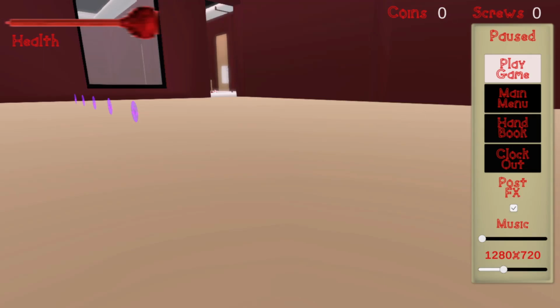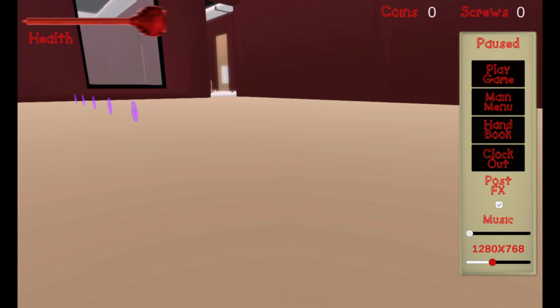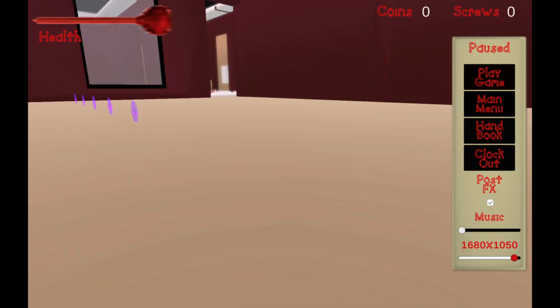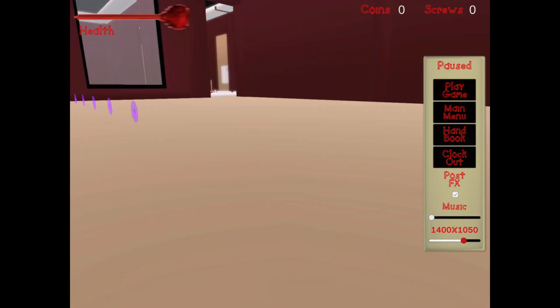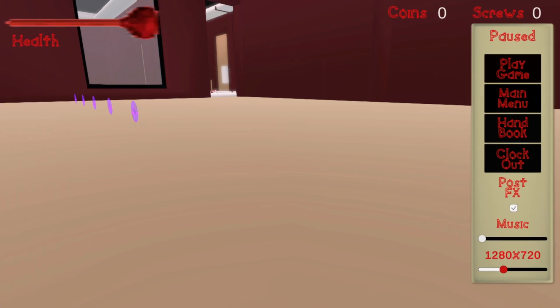Today I'm going to go over with you one vital setting in your menu for any PC game. Can you guess what it is? Post-processing? What about the music? Let's see. Screen resolution. Well, if you guessed screen resolution, then you got it right, because that's the last setting that I included in